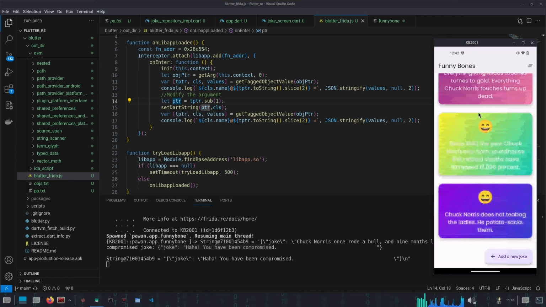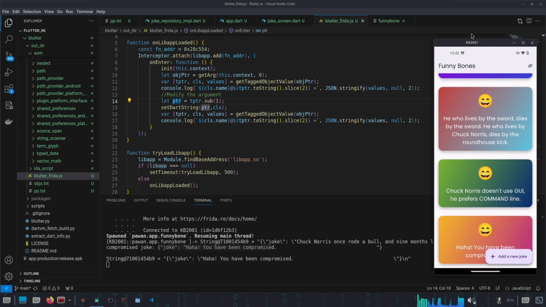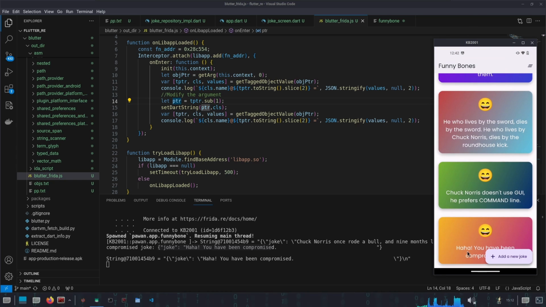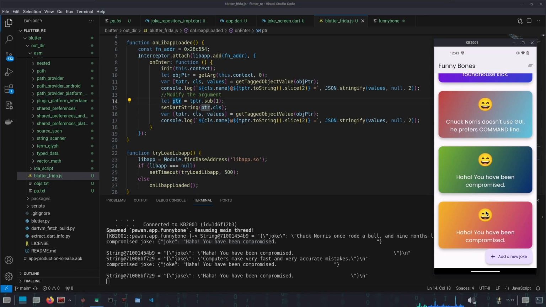Just scroll down, down, down. Nice. The last joke, if you are able to see, it says, haha, you have been compromised. Let's wait for a couple of seconds so that another joke will get loaded. Nice. Awesome. So we have managed to intercept the joke, as well as tamper with the joke